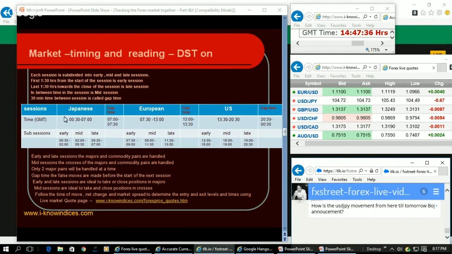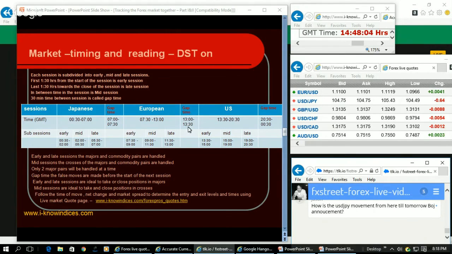Then subsequently, during the gap time, they make the opposite move. So you find that in all the three sessions, they don't make similar moves. They don't do hat tricks. They only make similar moves for two sessions, and the third session will make the opposite move. That means the intentional move is followed by the extended move, which will be opposite to that of the intentional move. And in between, they will make the swings during the mid session, the stop-ins during the early and late sessions,